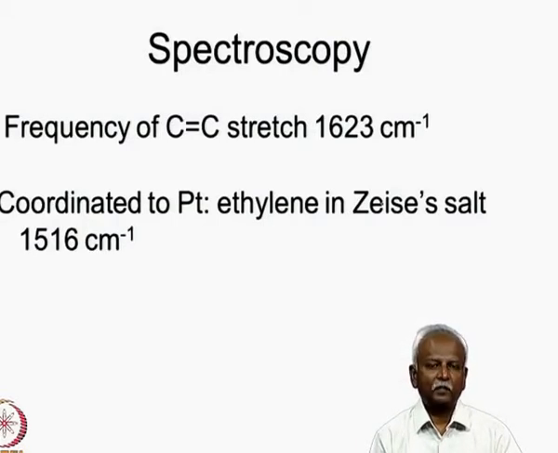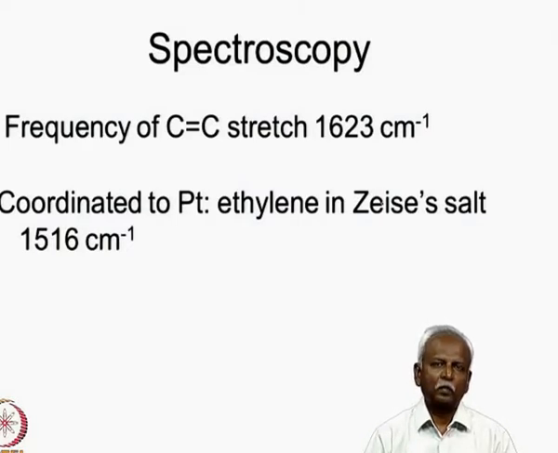Similarly, the frequency of the carbon-carbon double bond stretch in ethylene itself is 1623 cm^-1. And when it is coordinated to platinum, as in Zeise's salt, it is reduced remarkably. It goes down by about 100 cm^-1, and this is exactly the ballpark figure we obtained for carbon